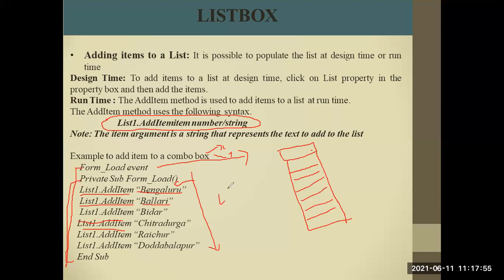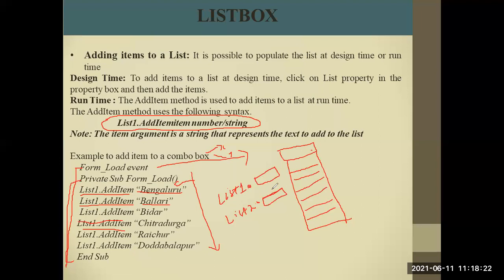So this function is very important. What is the function name? List dot add item. So list dot one, that means in which list? Suppose I have multiple lists. Suppose in my form, if I have more than one list, then you have to specify on which list, whether list one, list two, or list three, you want to add an item. Then the argument type is again important. Which type of argument? That means which type of data you want to add.